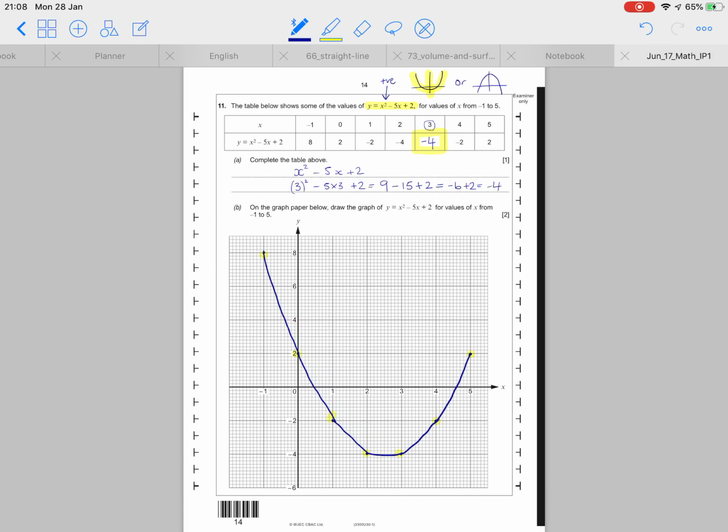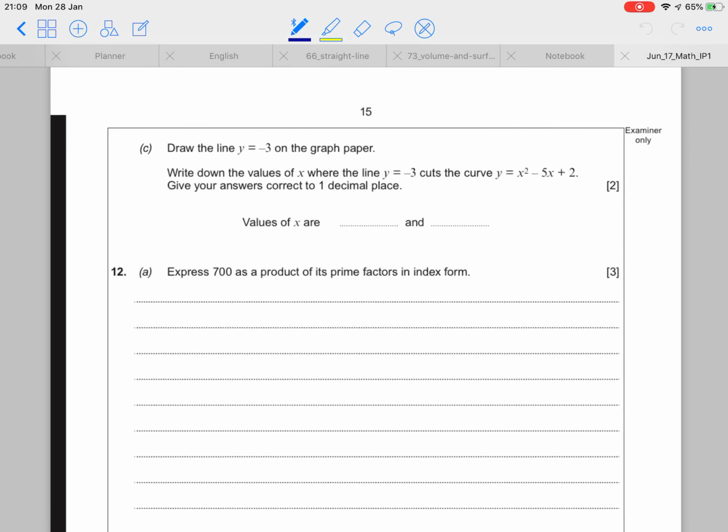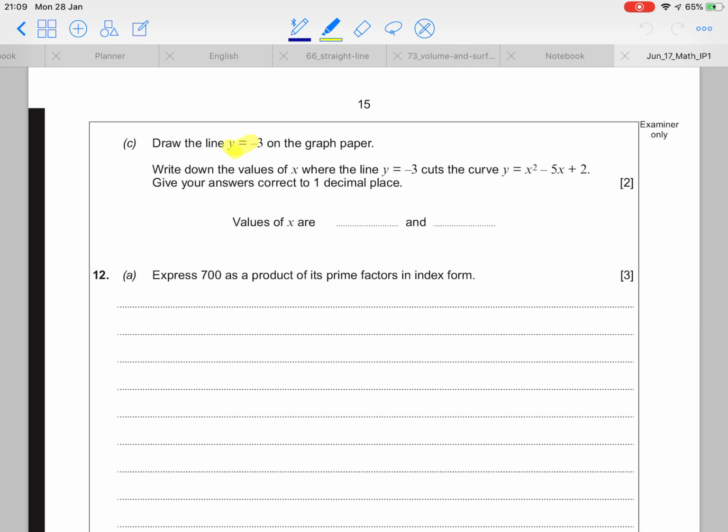And there's your quadratic, the U shape that we saw at the top of the page. Okay, last part of the question in part C tells you that you've got another line, y equals minus 3. The line y equals minus 3 on the axes cuts through the y-axis, here's the y-axis, at minus 3. So this here is the line that I'm interested in. I'm going to add that to my graph, and I'm going to see what the x values are where we